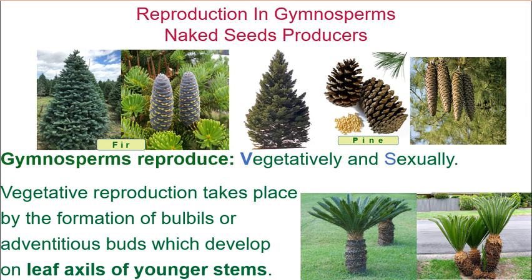These male cones will contain male spores or male gametes and female cones will contain female gametes. Finally, they will fuse with each other and new gymnosperms will be produced. So, this is a small intro about reproduction in gymnosperms. In the next slide, we will see the structure of the cones and the structure of ovules and how they reproduce.